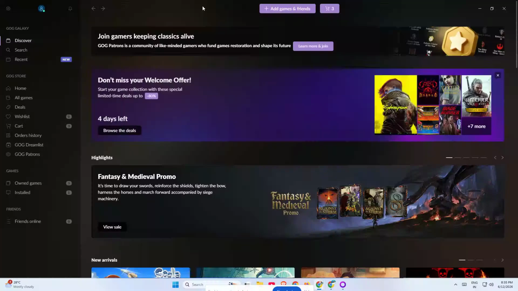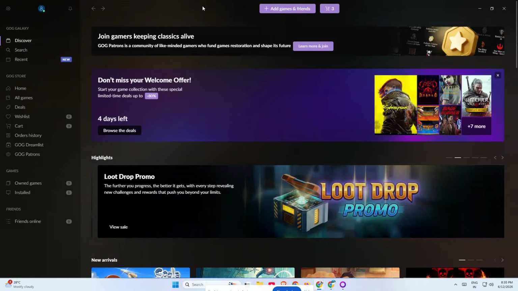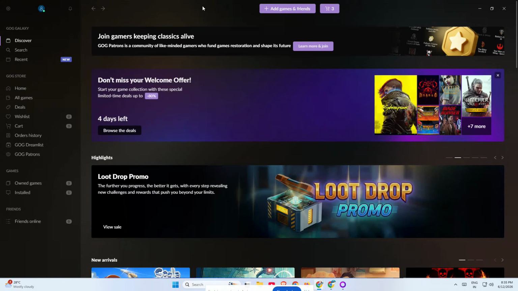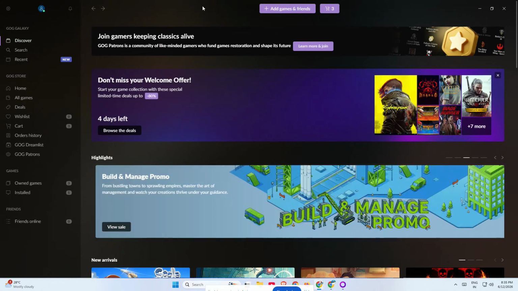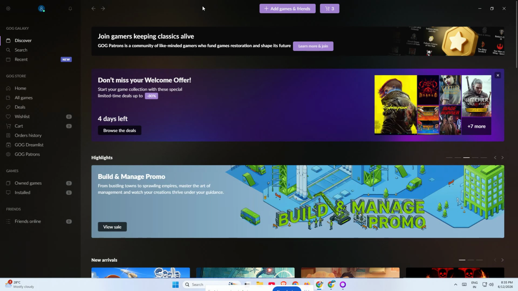If GOG Galaxy is giving you a connection error, don't worry, because in this video I'll show you a quick and effective fix that solves the problem for many users. This is a simple troubleshooting method, and it usually comes down to either permissions or security software blocking the app from connecting properly. So if your GOG Galaxy is stuck, unable to sign in, or showing a connection error, follow